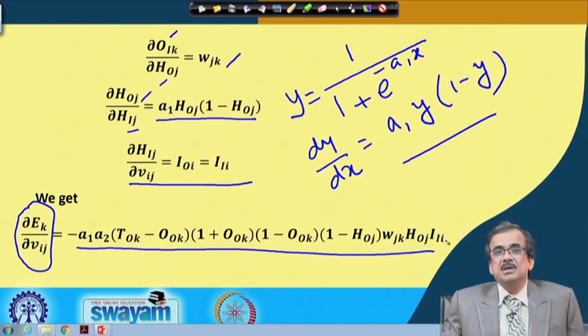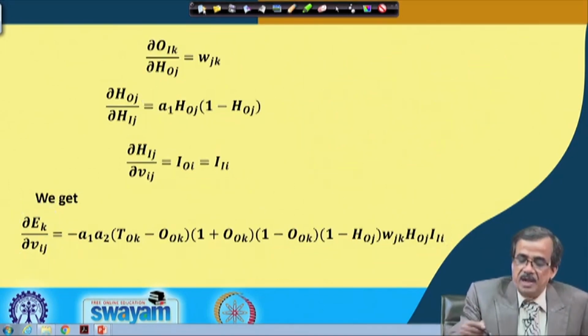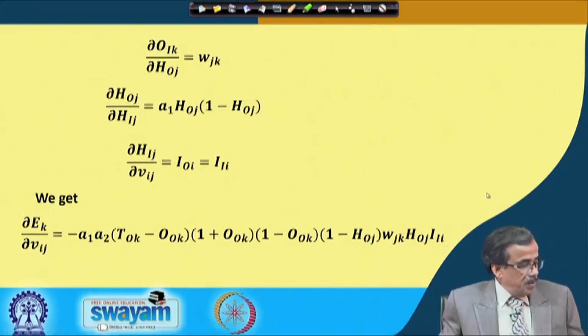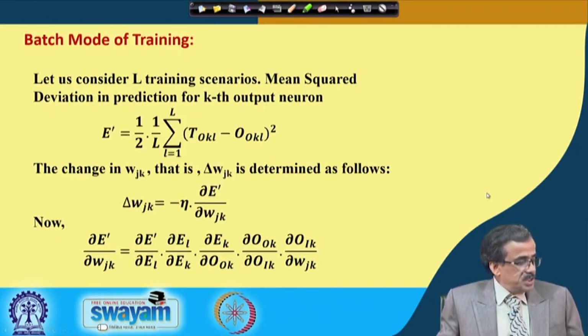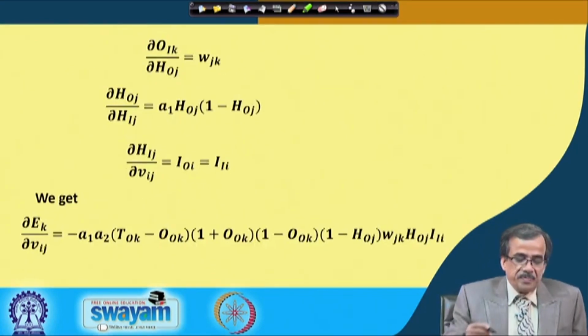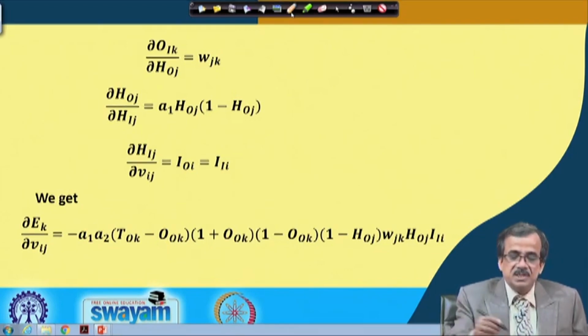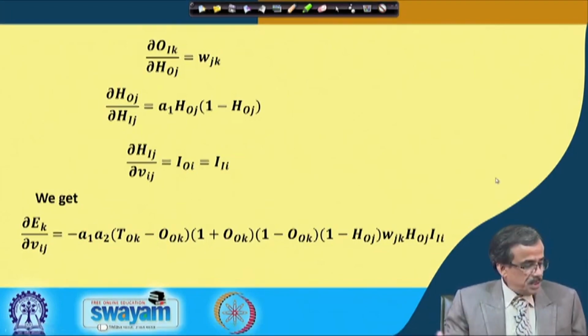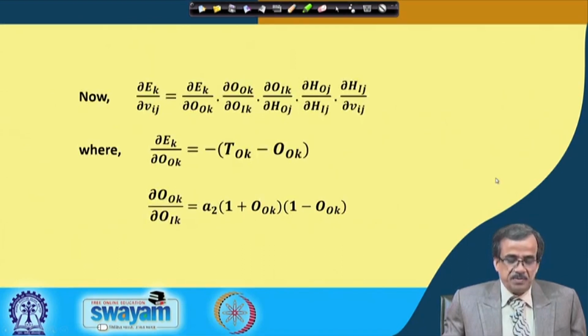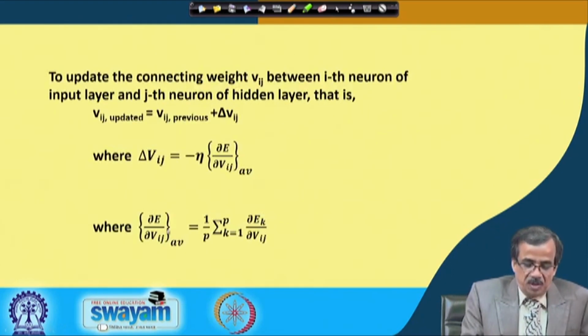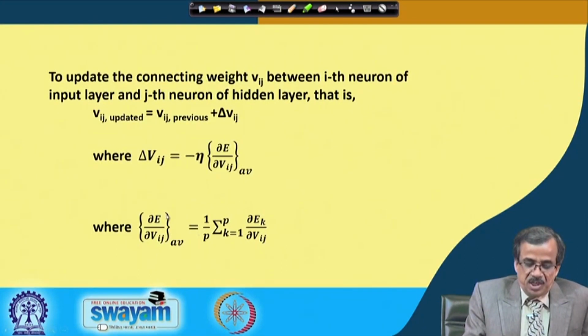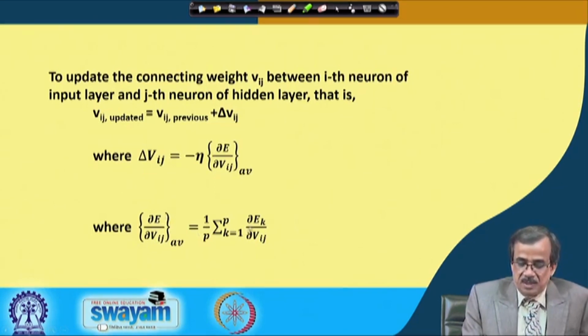this particular big expression. And once you have got it, now we can also find out what should be this particular V_Ij. Now, V_Ij is in fact nothing but this particular expression. So, this del E by del V_Ij average is nothing but this,